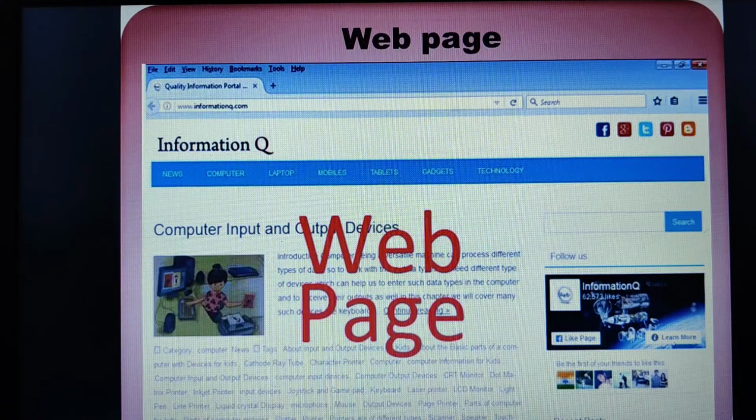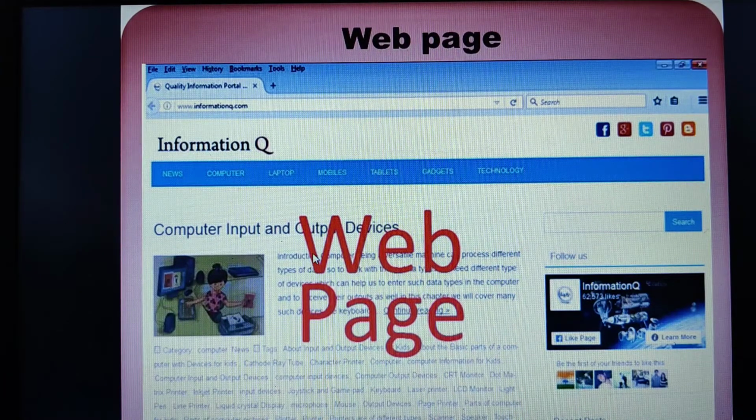So what kind of language has been used to design these web pages? Here we have used HTML or XHTML. HTML stands for Hypertext Markup Language and XHTML stands for Extensible Hypertext Markup Language. Usually web pages are designed using HTML or XHTML format.